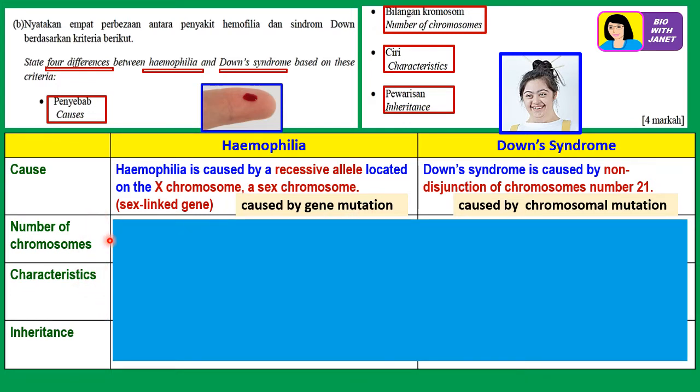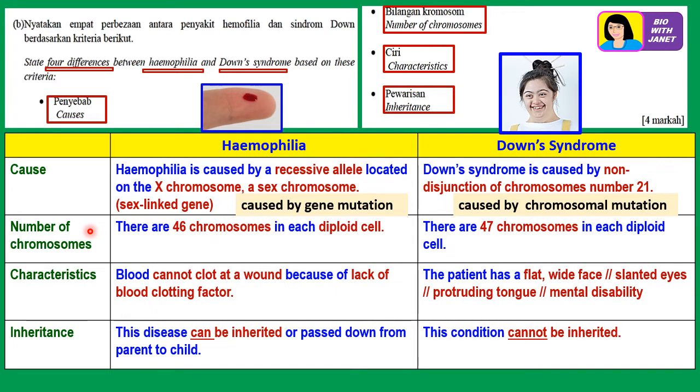Now, how many chromosomes are there in a person with hemophilia per diploid cell? Okay, let's look at the answer. So you can try to write the answer first, pause the video, write the answer, and then later we'll look at the answers. So the number of chromosomes for hemophilia is 46 chromosomes in each diploid cell of a patient with hemophilia, just like normal, except that there are some changes to the gene. The gene undergoes mutation, right? But the number of chromosomes is like for a normal person in each diploid cell. Now, there are 47 chromosomes in each diploid cell for a Down syndrome child because of the extra chromosome number 21